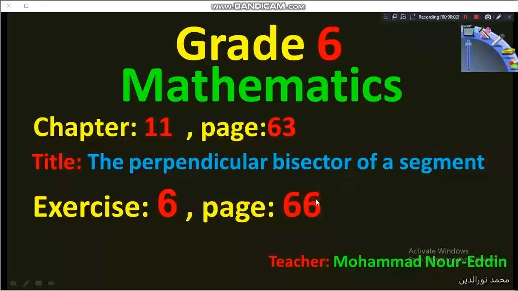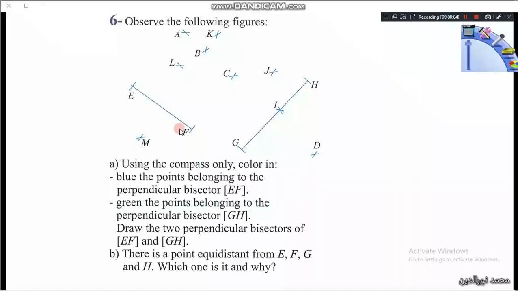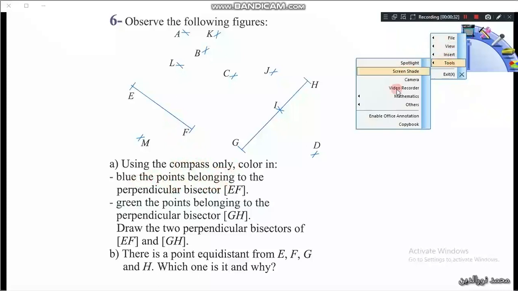Exercise 6 on page 66. Observe the following figures. Using the compass only, color in blue the points belonging to the perpendicular bisector of EF. فإذا عندي السيجمنت EF وبدي ألون باللون الأزرق البوينتس that belong to the perpendicular bisector of EF وأنا بدي استعمل only the compass. فإذا شو الطريقة اللي أنا بدي استعملها هون؟